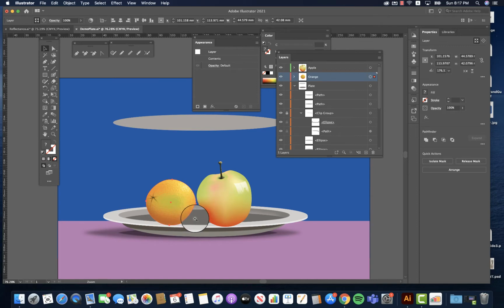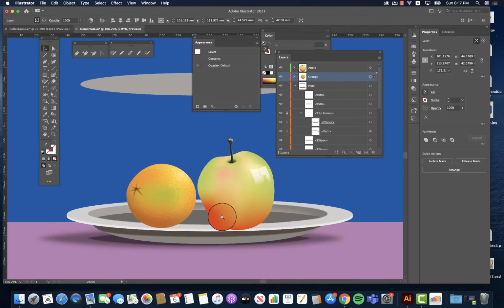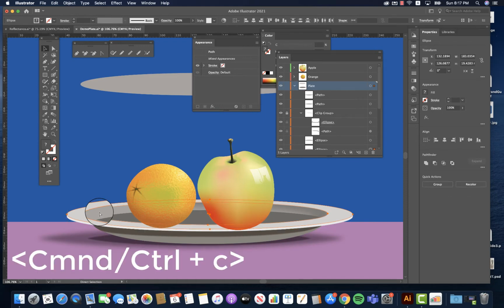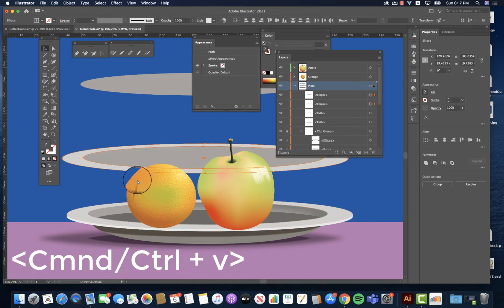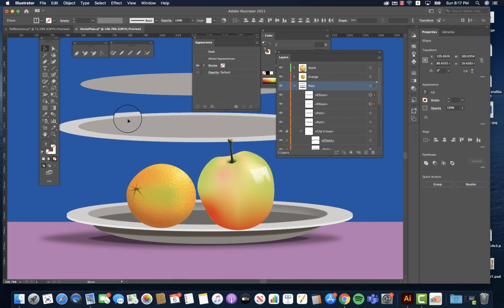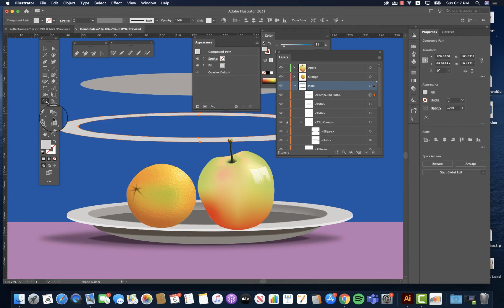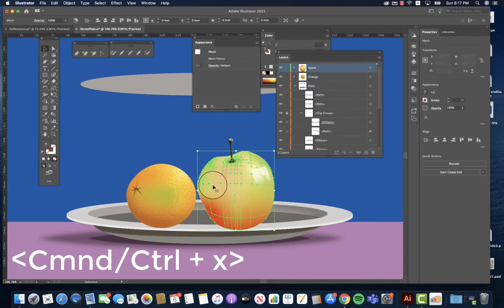Now currently they're resting above the rim of the plate, and we need to do a little bit of doctoring in order to change that order up. I'm going to select these two pieces right here. So I'll click down, hold the shift key, click down there, Command C and Command V to paste. Now based on these two things, I'm going to use the Shape Builder tool with the Option key to remove that inside ring. I'm now going to remove this by cutting, Command X, and if I select the apple, which